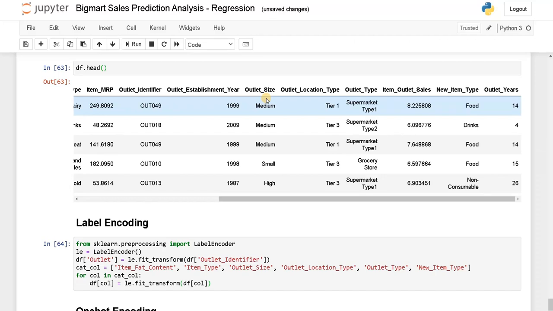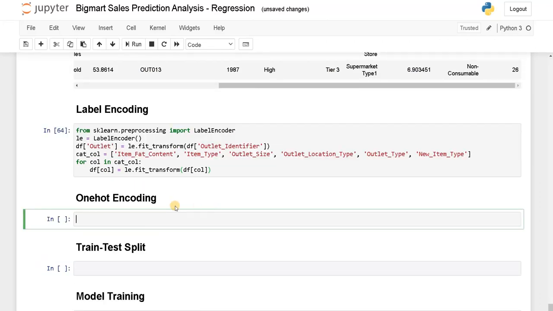For the corresponding column, if it's medium it will be 1 and the other columns will be 0. Based on research, one-hot encoding can improve the accuracy by about 0.2 to 0.5, but it will take a huge amount of time for training the model. That is the only disadvantage. Other than that, one-hot encoding is a better way of encoding the categorical variables. Instead of doing label encoding, you can directly go for one-hot encoding for the categorical variables. If you do it that way, it will add the column types.